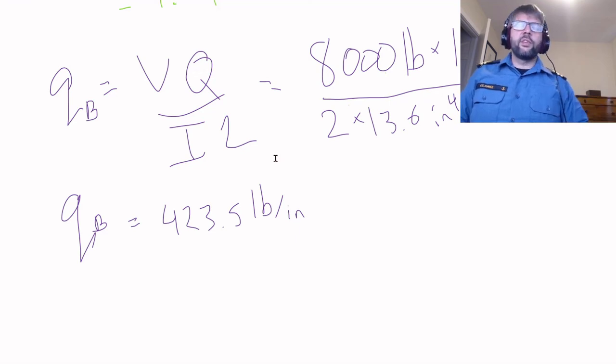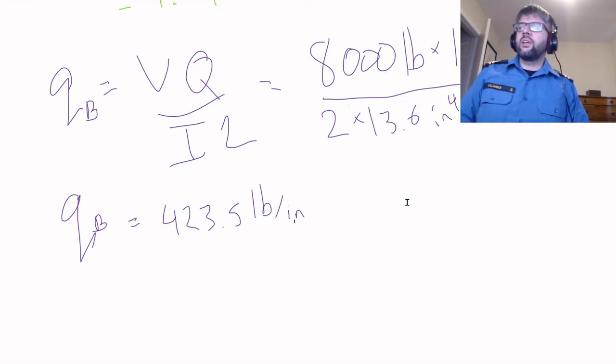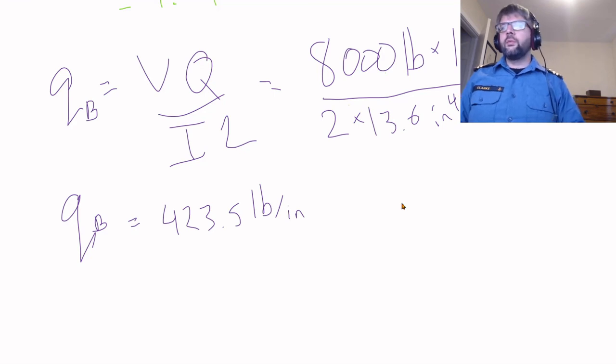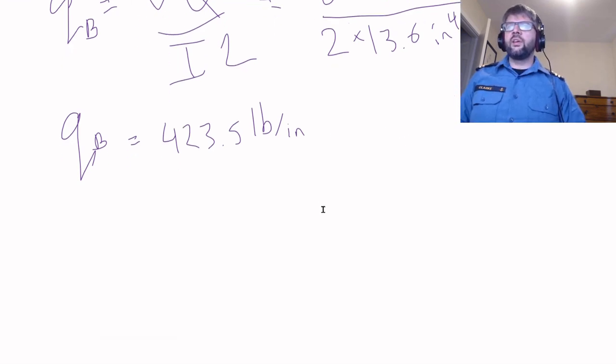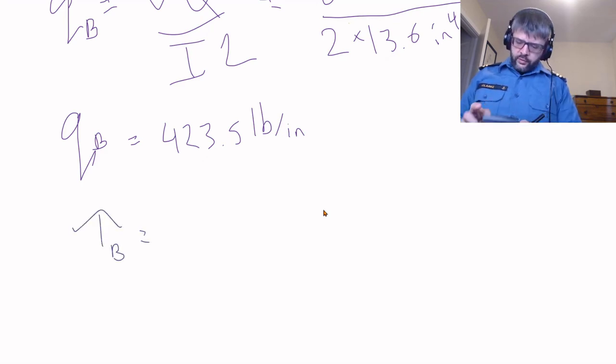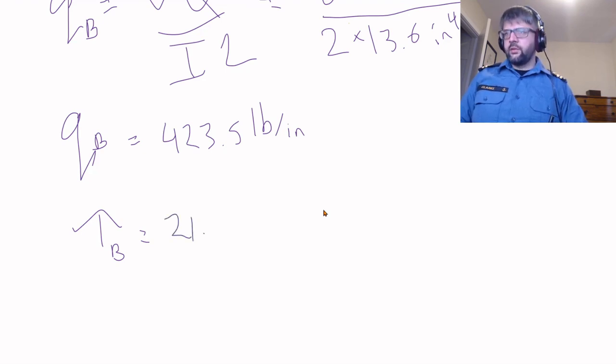If we wanted to figure out what the shear stress arising at that location would be, then we just need to take that and divide by the thickness, 0.02 inches. That gives 21.2 KSI. And that'd be about